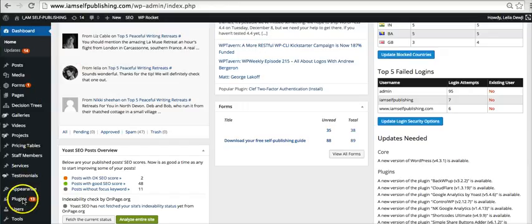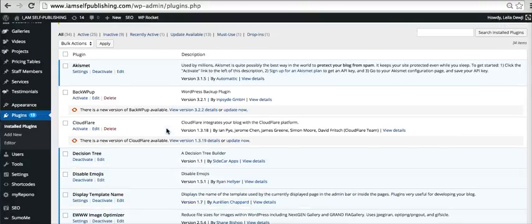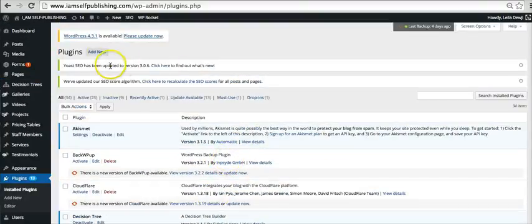The first thing you need to do is to head over to this plugins section and installed plugins. Just loading it now. What you're going to be looking for is a plugin called Yoast, so it rhymes with toast. We have ours installed already down here, but if you don't have it, what you would do is go add new,